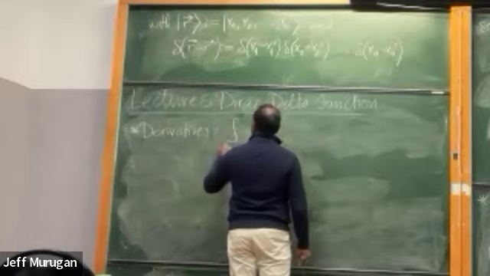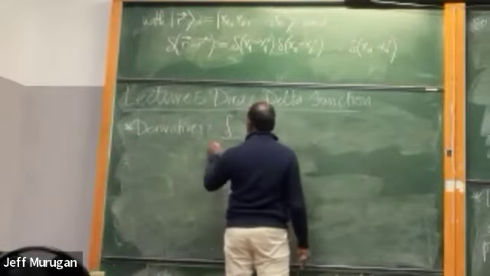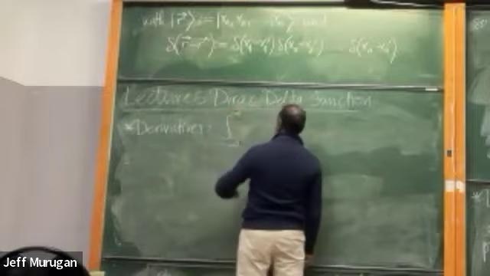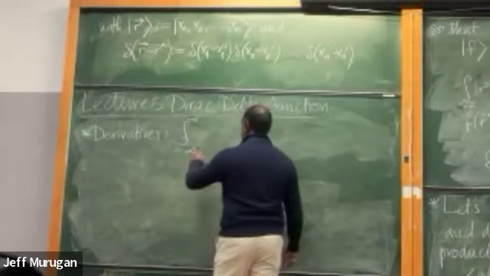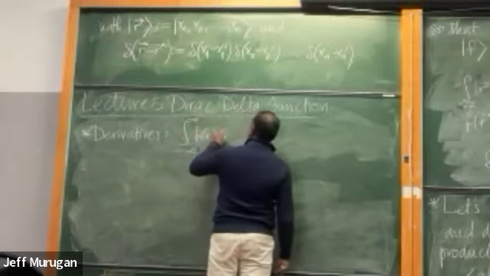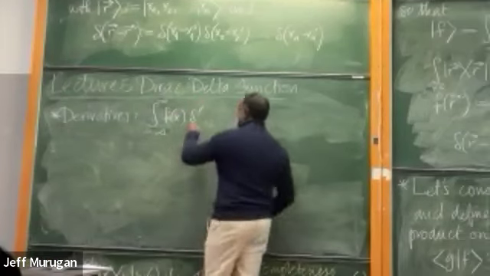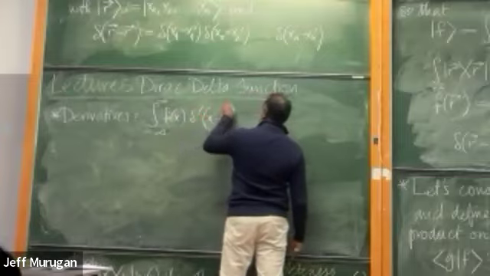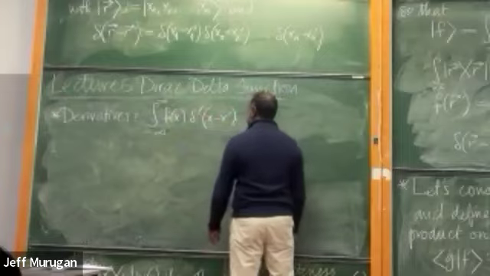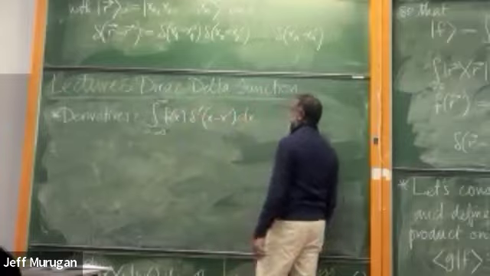The integral from minus infinity to infinity of f of x delta prime, meaning d delta by dx, of x minus x prime, dx